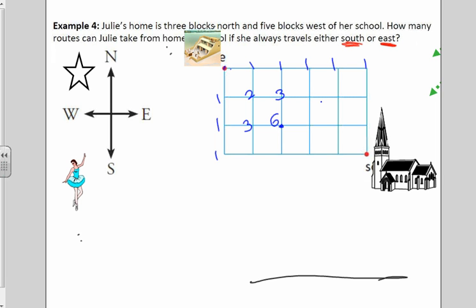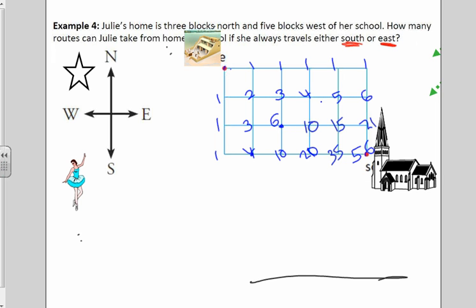So what would go here? 4. What would go here? And 6, right? So what would go here? And what would go here? This is a bit tricky now. So remember, we're adding up. She can come from either this direction or this direction. Right, so we would put 10 here. How about here? How about here? Good. 21. Oh, sorry, 20. 35. And finally at the end,